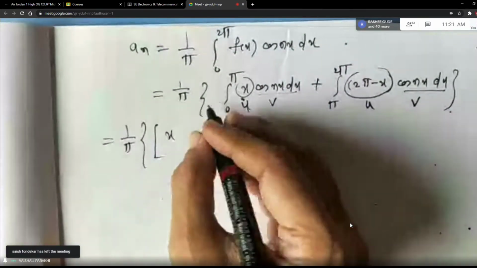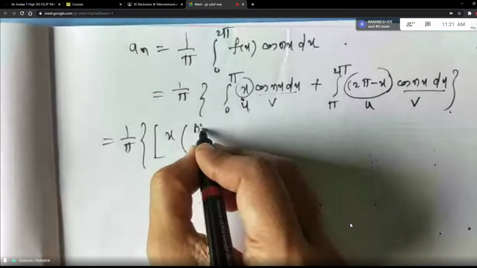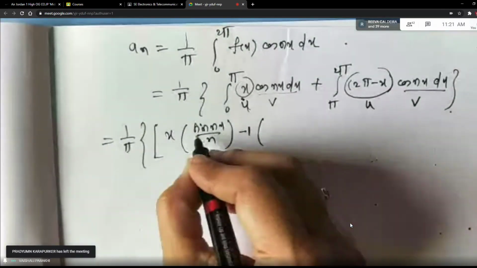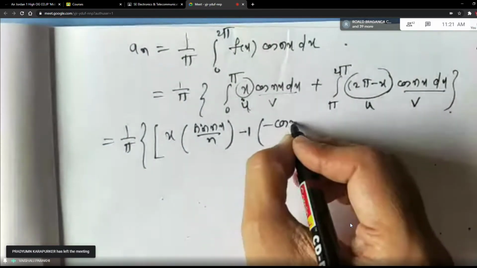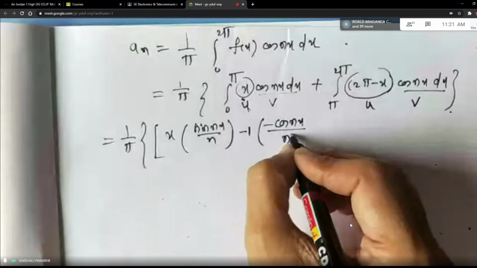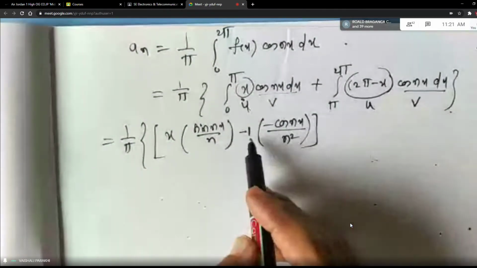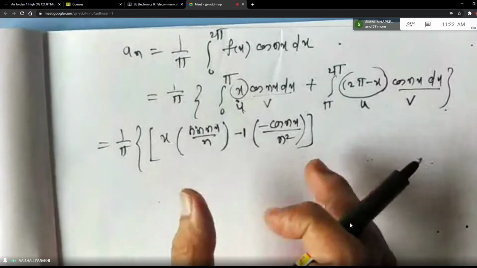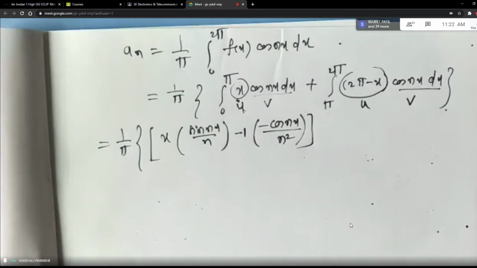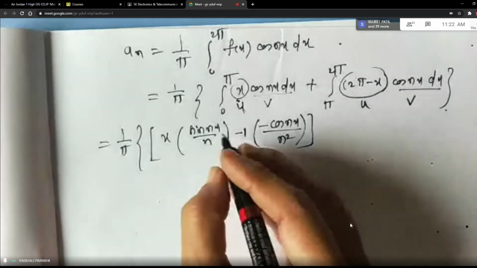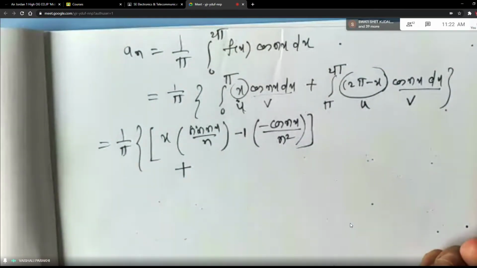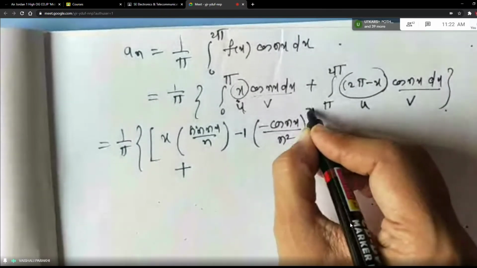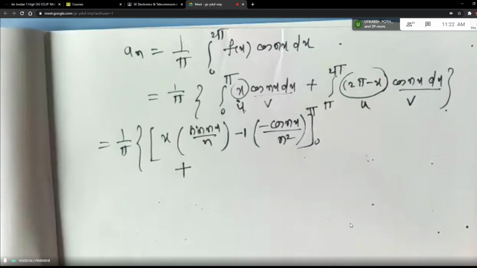First function, integral of cos nx is sin nx by n, minus derivative of x is 1, integral of sin nx is minus cos nx by n, but n into n will become n square. We stop here because we know that derivative of 1 will become 0. So this is the integral of the first term we have done. Plus, I'm writing it here, plus. Now repeat the same procedure, students, and don't forget to write the limits at the end of the bracket. For the first bracket, the limits are from 0 to pi.